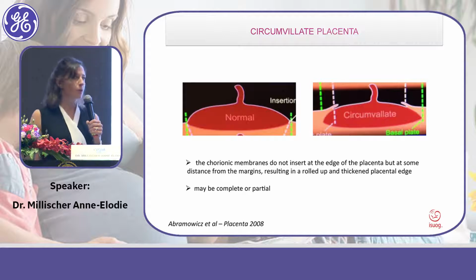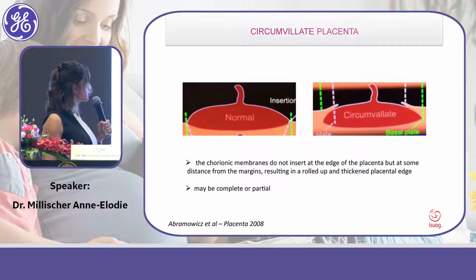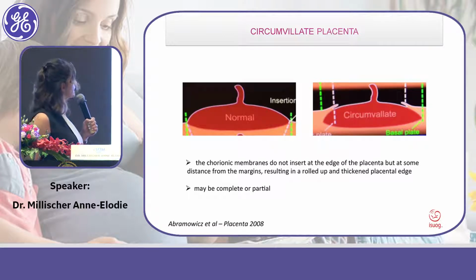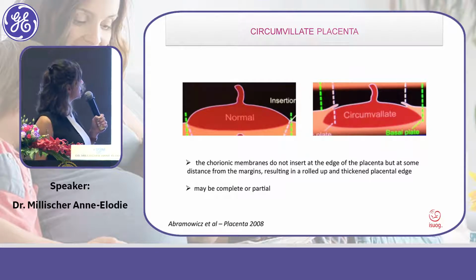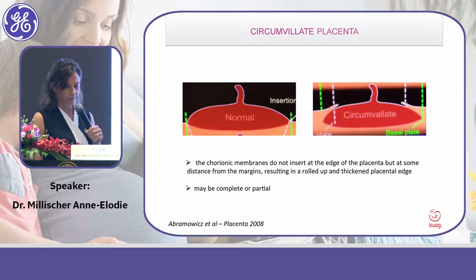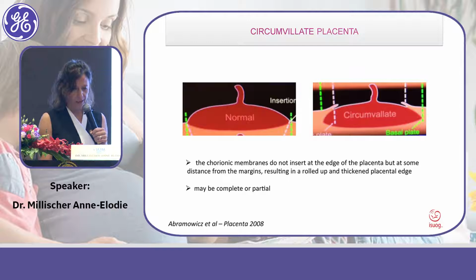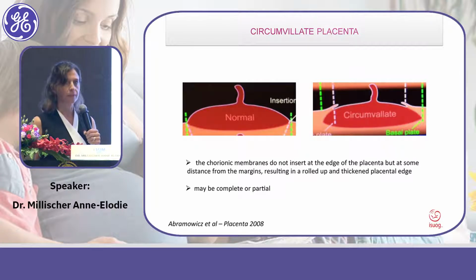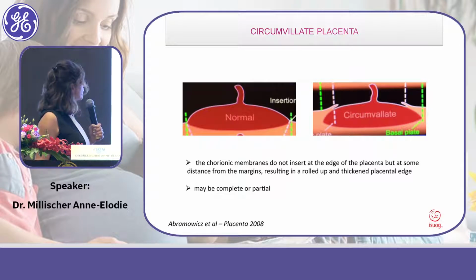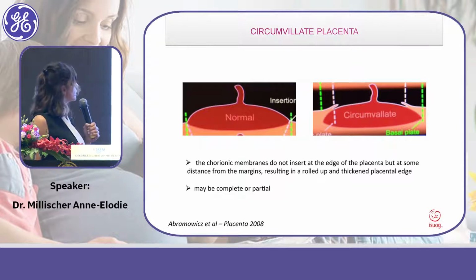The other example of specific morphology of placenta is the circumvallate placenta. Mình đến một cái hình dạng khác của bánh nhau mà mình gọi nó là cái circumvallate placenta, có nghĩa là cái nhau này nó là nhau ngoài màng đệm. Cái circum ở đây là cái chu vi, còn cái vallate ở đây á, nghĩa là cái gờ lên, nghĩa là cái chu vi của bánh nhau nó có một cái gờ lên á.